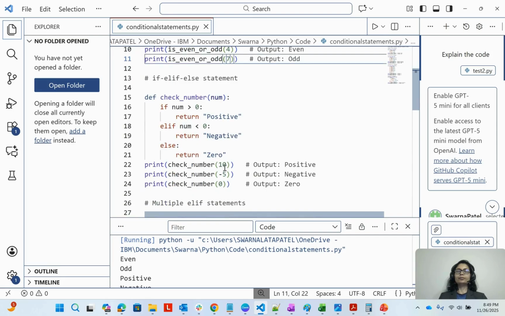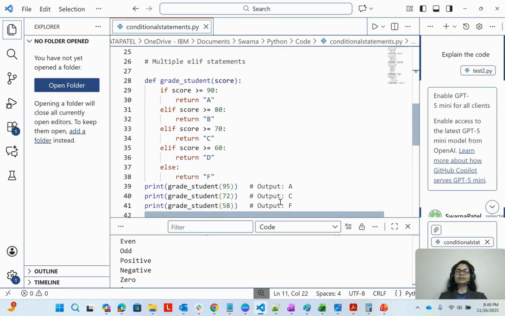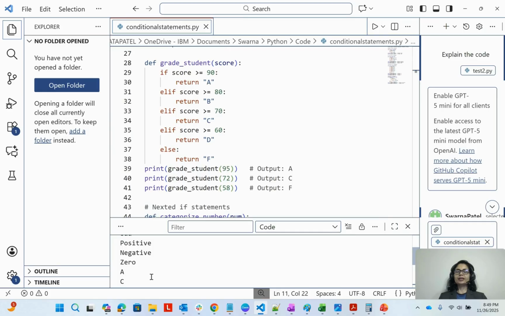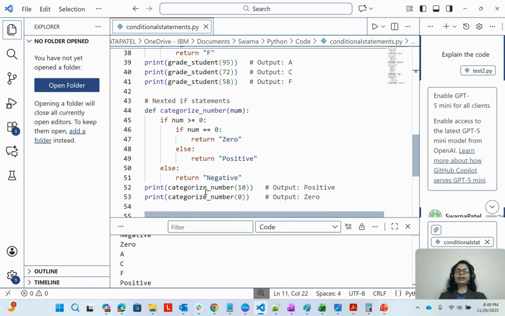Now let's move on. 10 positive, minus 5 negative, and 0 means 0. Similarly, here you see 95 means the output is A, 72 is C, and 58 is F. And in the nested if statement, we are taking 10, which is positive, and then 0 means 0.